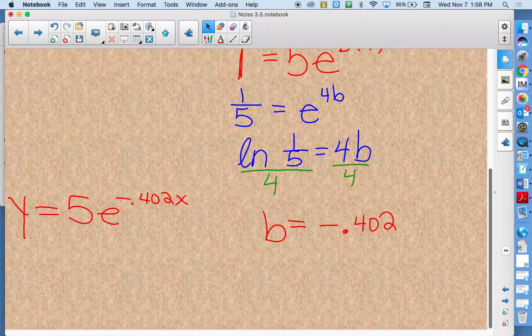The other worksheet that I'm passing out to you is just a little review about logs and exponent equations. The answers are on the back. And then again, tomorrow we will work on an application page with a partner or in a small group. Friday we'll review for your test on